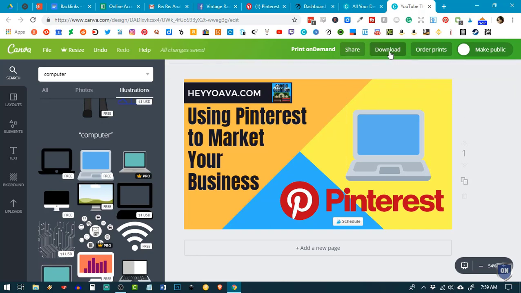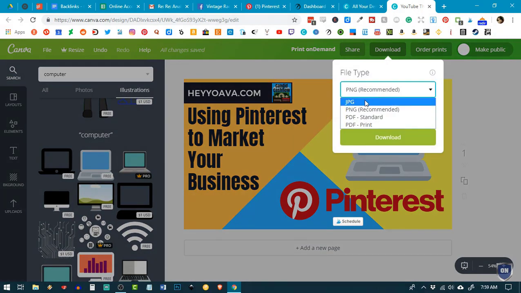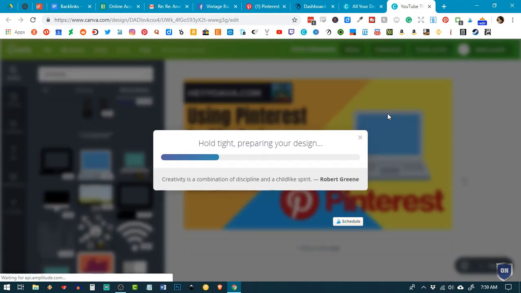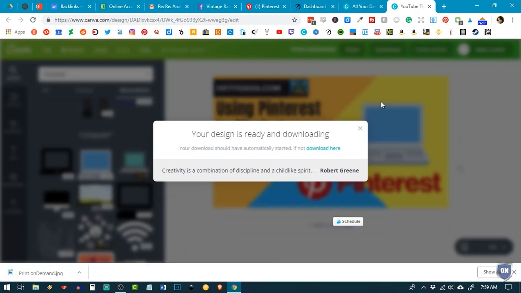So I'm going to go ahead and, you can see my website branding and everything is on here. This was a template, so I just edited the elements. I'm going to download this as a JPEG, and I'll be able to use that for my blog as well as YouTube, and it'll feed out to Twitter and everywhere pretty much except Pinterest. Which reminds me, I need to go in and make a Pinterest image for